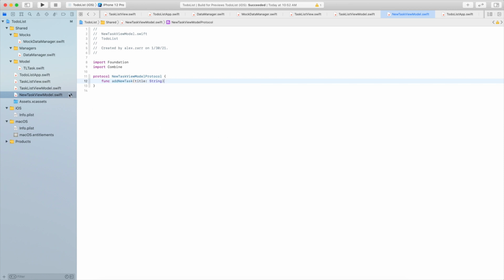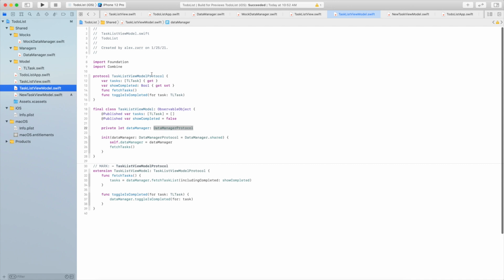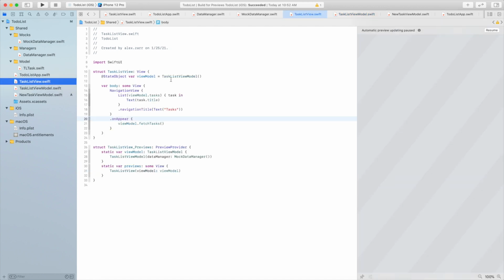By the way, if you noticed, in task list view model, we create a protocol and we conform our task list view model to this protocol, but in task list view we don't pass it as a type here. So in many other places we would just pass it here, but we can't do that for state objects because state objects should be classes or structures. So in this case, creating this protocol is kind of a useless thing,